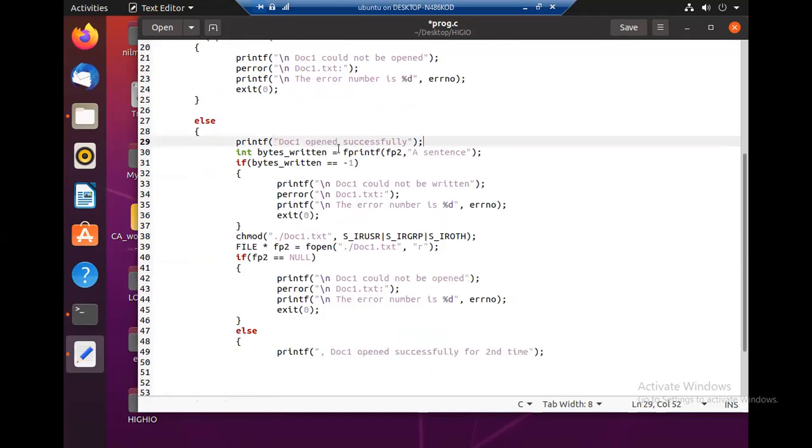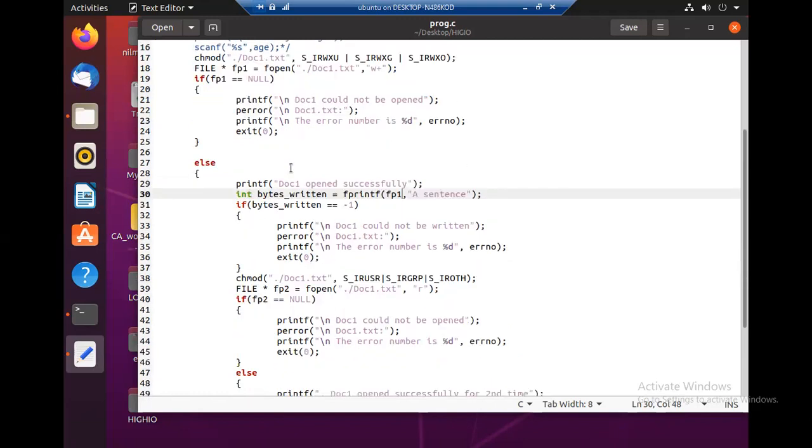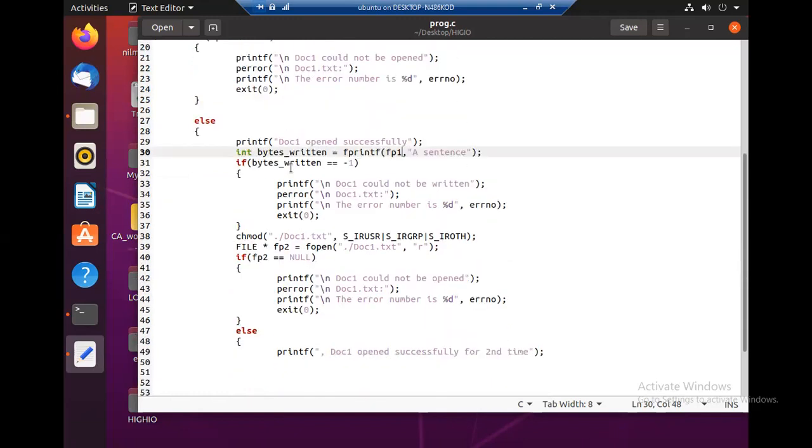So we open the file, then we try to write a sentence to this one. So now it will be file pointer 1 because we opened this file pointer 1. We try to write a sentence. If it is not possible, then we'll print this error message.